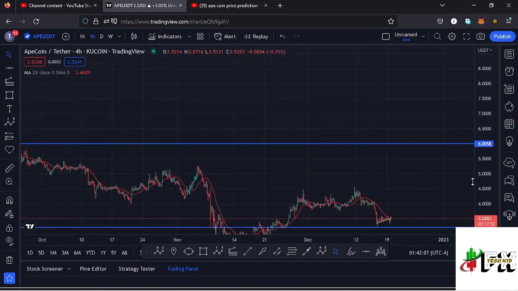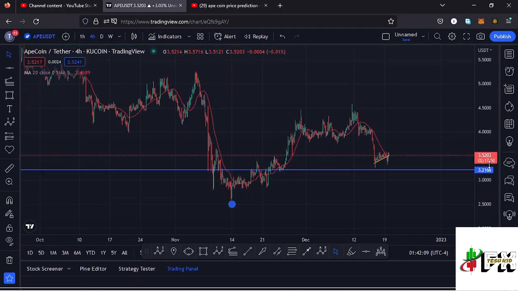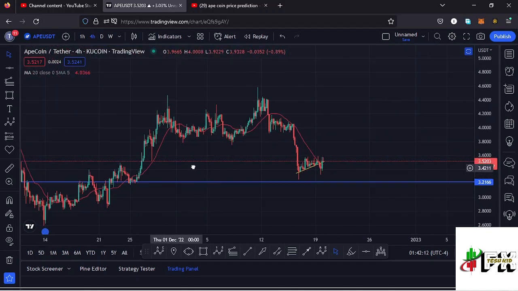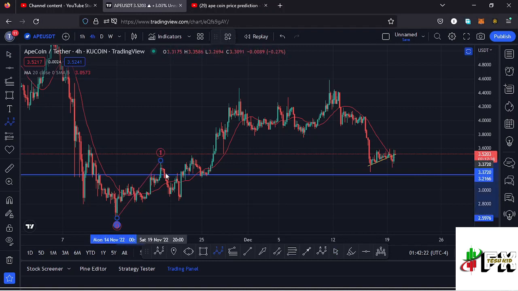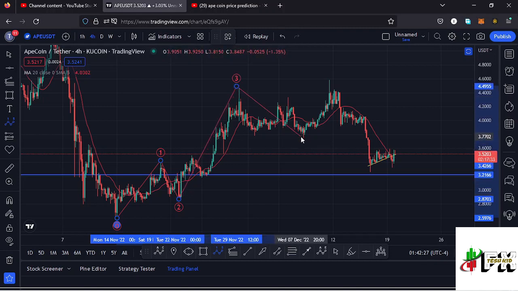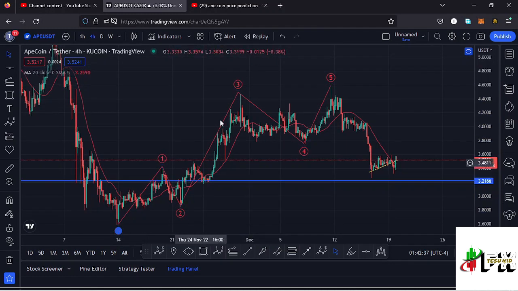You can see that apecoin, after making our low at around the $2.57 mark, we have been pushing a little bit higher, and in this movement right here, apecoin has been obeying the EBOOK structures. And if I have my EBOOK structure, we can have these as a first wave to the upside, then we saw the formation of that second wave, then we saw that wave 3, then a bit of a retracement in the formation of a wave 4, then made a new high at around the $4.57 mark in the formation of that wave 5. And having seen this fractal wave to the upside, that completed the formation of a higher EBOOK wave count 1 to the upside.